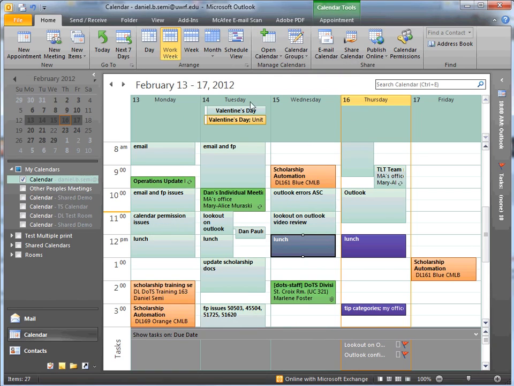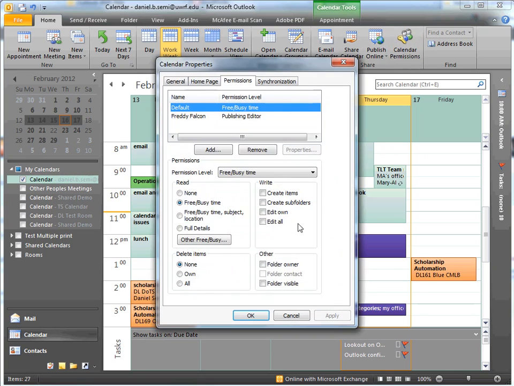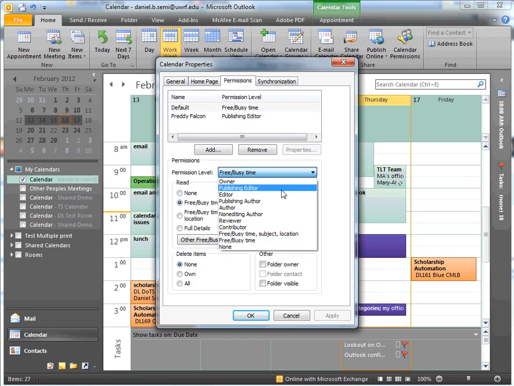And now if you were to do a lookup on my calendar, you would not see any of these names, locations, titles, things like that. You would just see time blocked off, and it would say busy. Anything else that is not blocked off would just appear free, like you see the white space here. So that's the difference. Actually our department, we go back to the default, and we've changed this